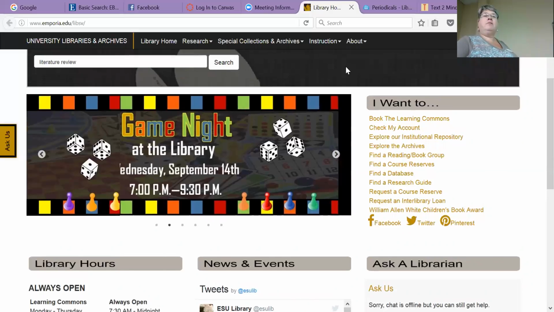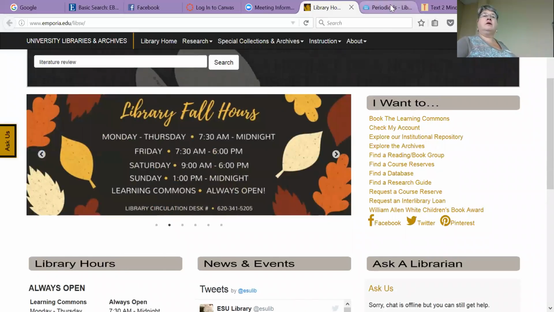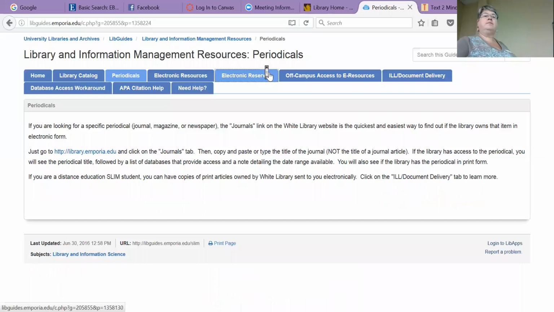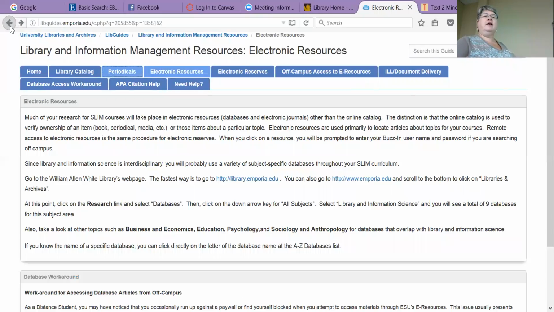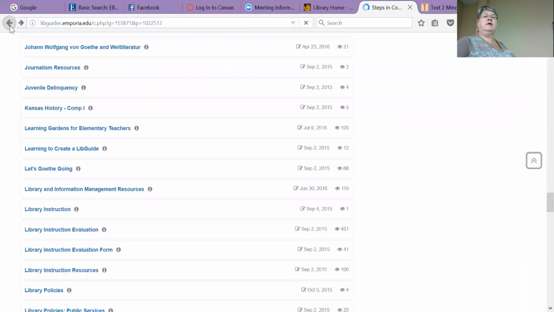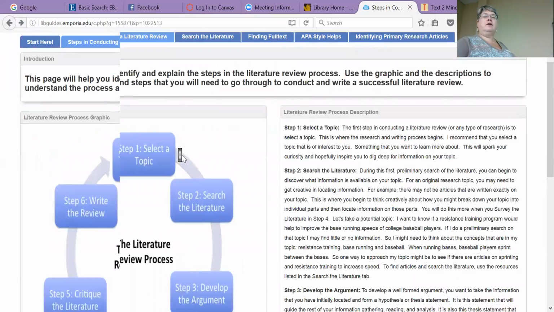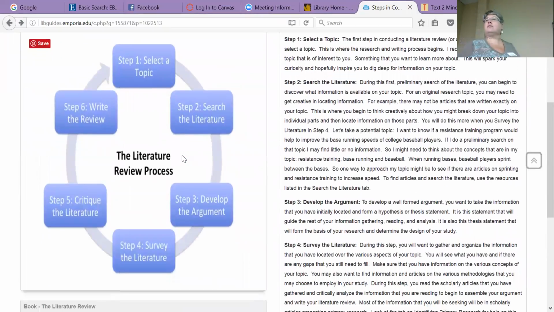So I'm going to go back to the library guide that had the literature review on it. Okay, so I've selected my topic, I've searched the literature, and I've started creating that concept map with the information